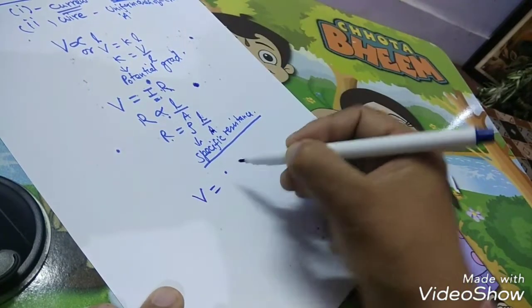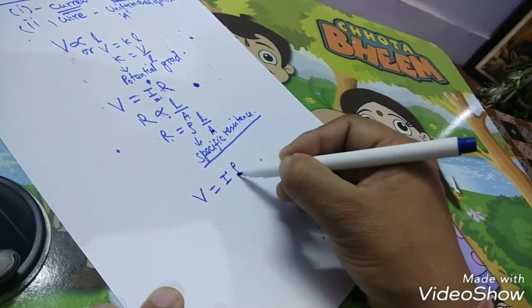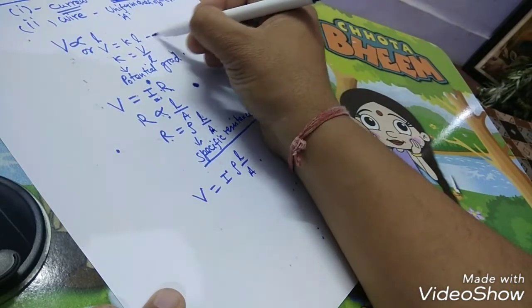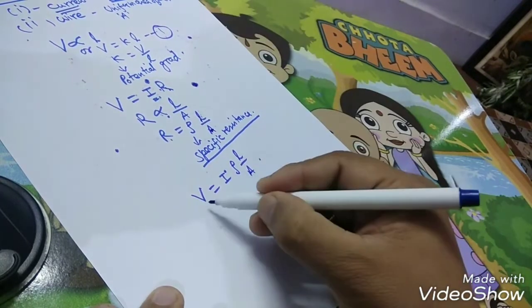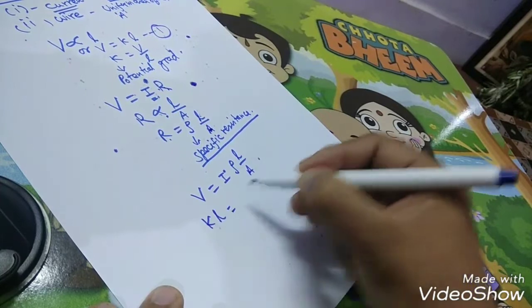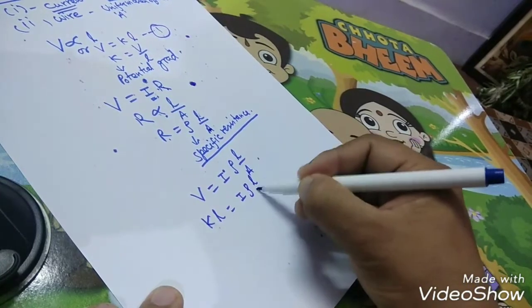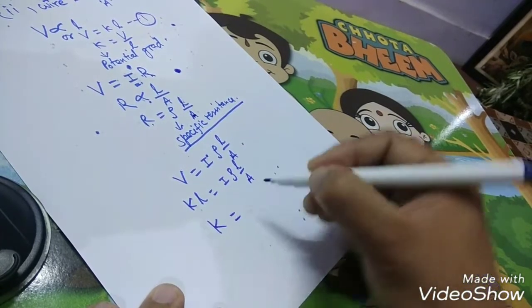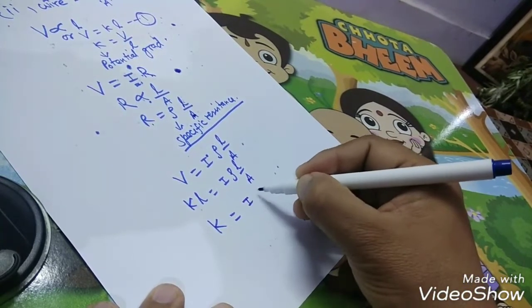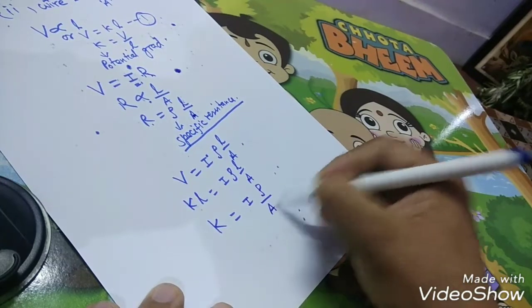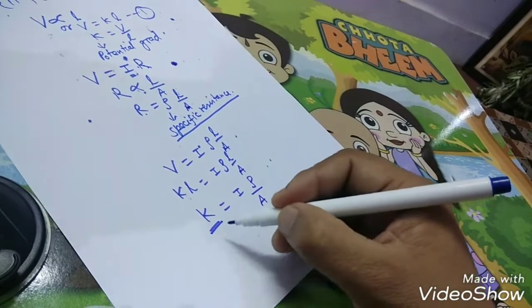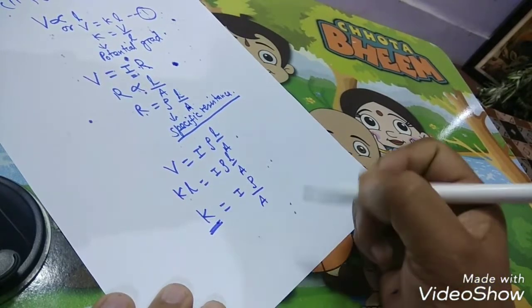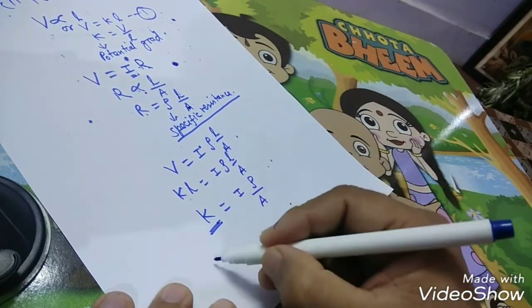So we get V is equal to I rho L over A. This V is written as KL. So we can replace V by KL is equal to I times rho L over A. What do we get from here? From here we get K is equal to I rho by A. What is this? This is potential gradient. What does it show? It shows that the potentiometer will be sensitive